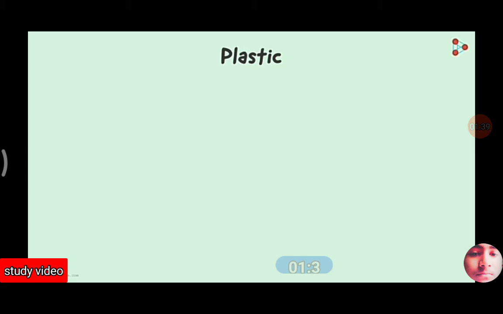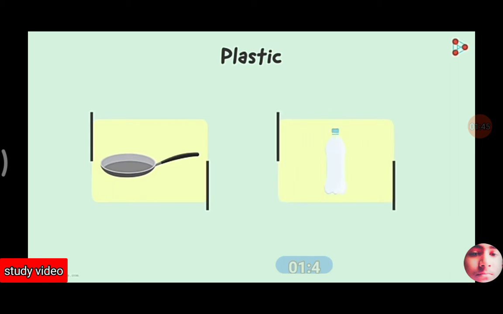Let us take two commonly used examples. One is the handle of our frying pan, while the other is a simple water bottle. What will happen when you heat the two? Needless to say, the bottle will melt within no time, but the handle will just heat up without much physical change. Can you tell me why? If both are plastics, then why is there so much difference?